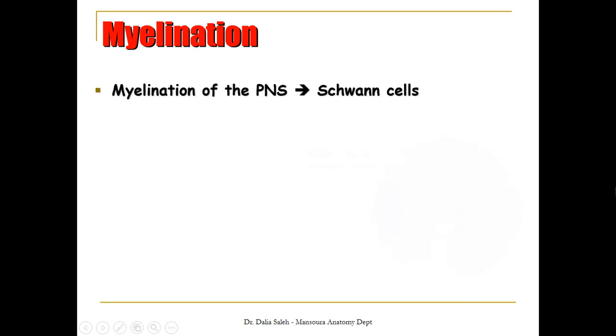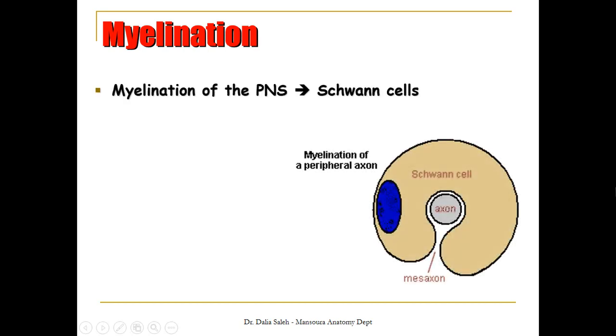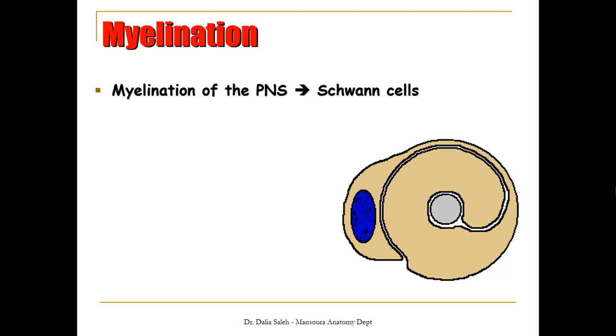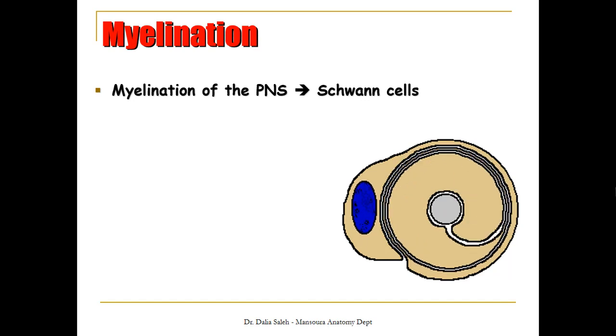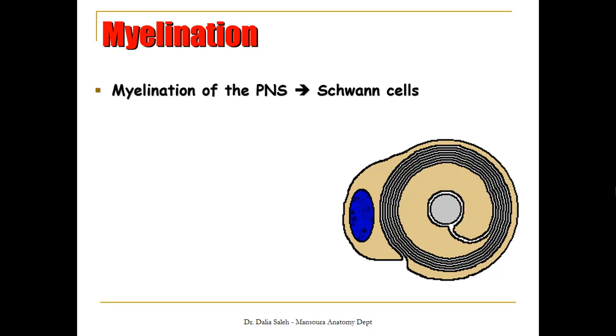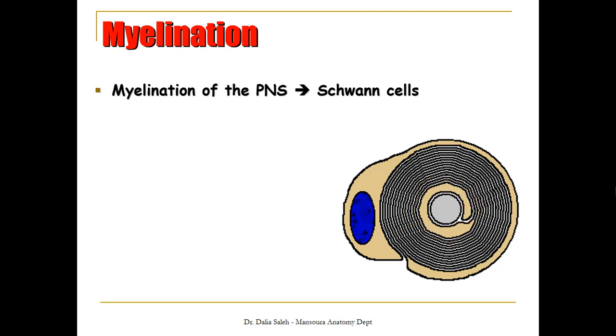For the myelination of the spinal cord, myelination of the peripheral nervous system differs from that of the central nervous system. So, myelination of the PNS or peripheral nerve cells comes from the Schwann cells, which wrap themselves around a single segment of the axon, in many layers like this,